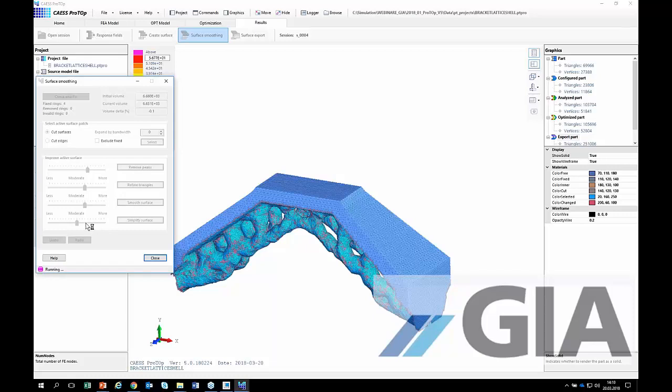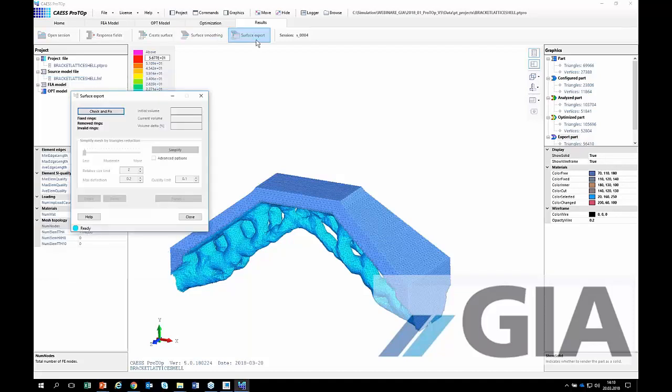Okay, and I will simplify the surfaces. Okay, and then I will export the surfaces of my optimized region, but I'm going to simplify it dramatically, maybe